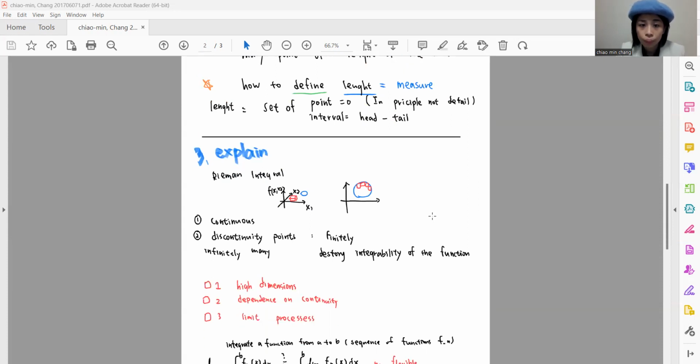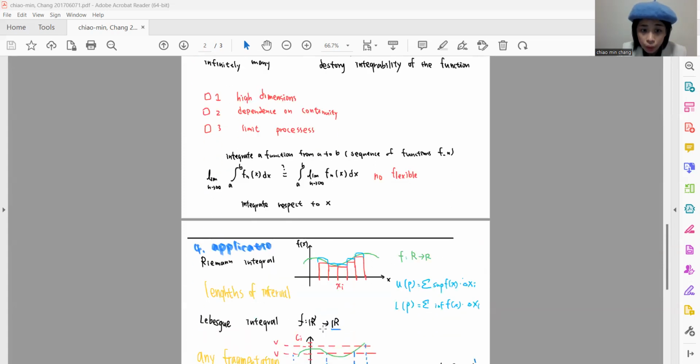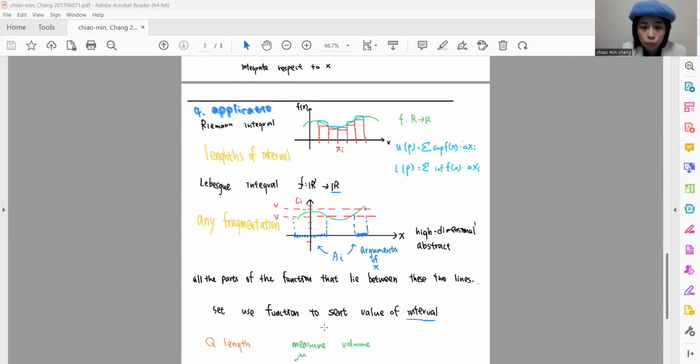I can give a quick example, because the first one has a dimension problem. If the dimension becomes higher, or for a circle, the calculation becomes more difficult and a lot of work, but not precise. The second one is the dependency problem. The third is the limit process. The fourth is non-flexibility: you can see this formula is not easy to change. So, in the next part, I will show a quick